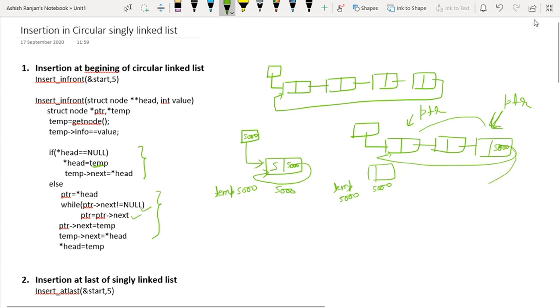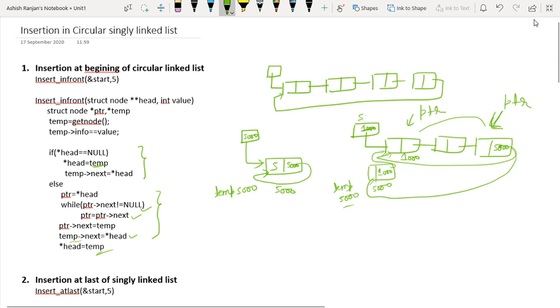Let's suppose the newly created node, temp, is created at 5000 address, so 5000 will be stored here. So it will start pointing to this node. Okay. Now again, in the second case, temp's next is equal to PTR's next. Let's suppose the node is 1000, so 1000 will be stored here.